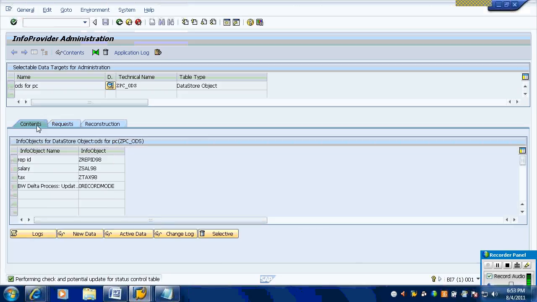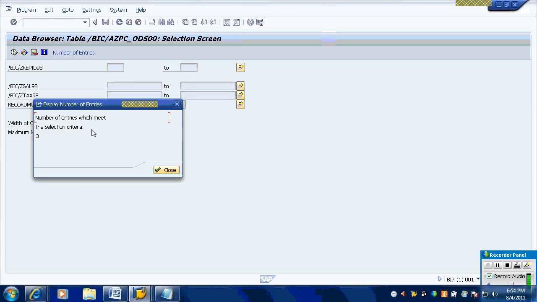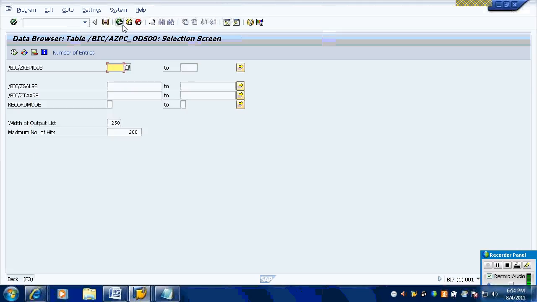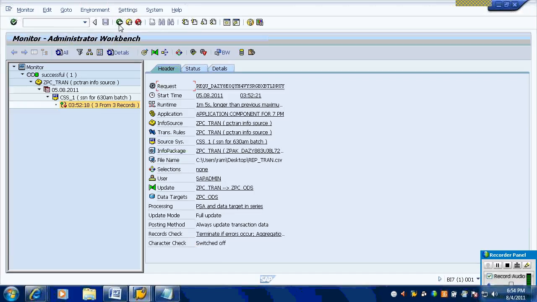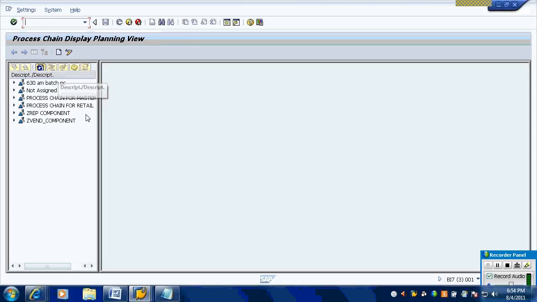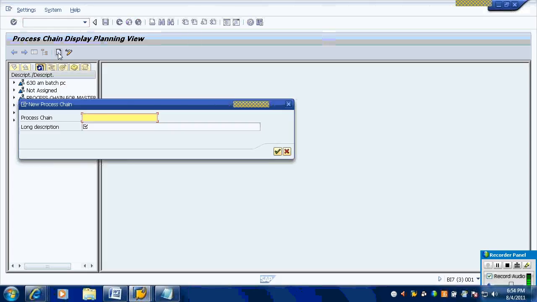Now the ODS is having entries in the active data table, which means the ODS is reportable. Number of entries, you can see 3, these 3 records are reportable. Reportable means this particular request which is having 3 records is reportable. Now this is the manual approach, and if you want to automate this approach, you need to create a process chain. So to do that, go to RSPC and create a process chain,